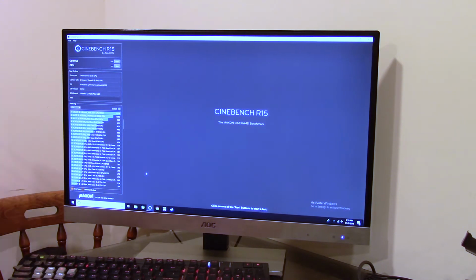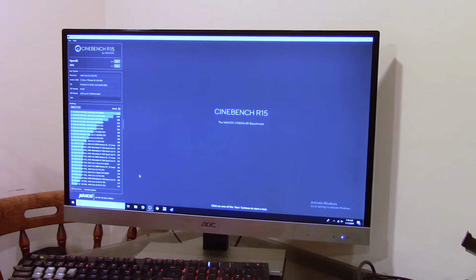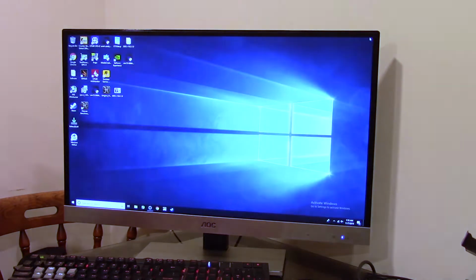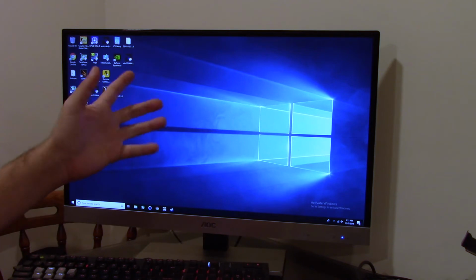However, it does run at a higher frequency because it's an actual desktop chip and not a laptop chip. And you can see I've run a bunch of different stuff like overclock things and whatnot. But 280 points is not bad for what it does. Here's where it gets interesting, because